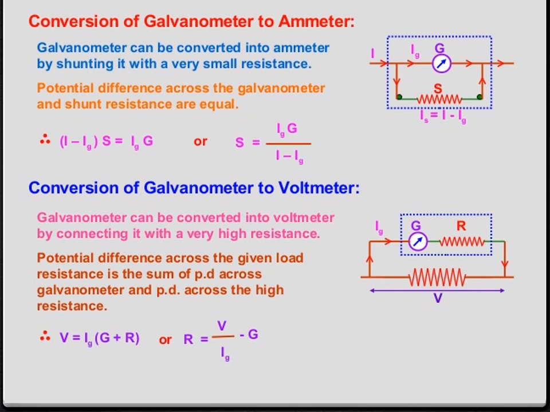The main key points: voltmeter is a high resistance instrument, ammeter is a low resistance instrument. Since ammeter is low resistance, it is placed in series, but since voltmeter is high resistance, it can only be placed in parallel. So in the circuit, we can measure the potential difference across the element. An ideal voltmeter has infinite resistance, but an ideal ammeter has zero resistance. Compare and study. Very easy. Conversion of galvanometer to ammeter, conversion of galvanometer to voltmeter. It's a very important question.